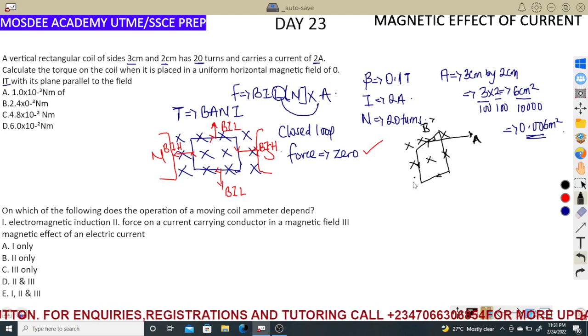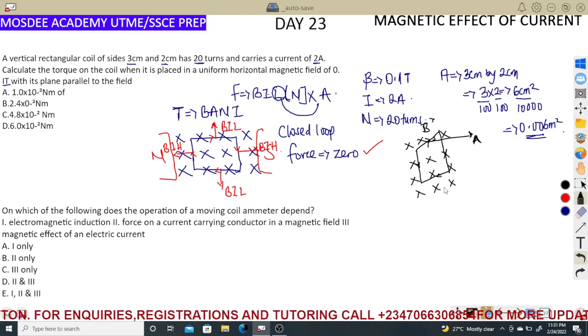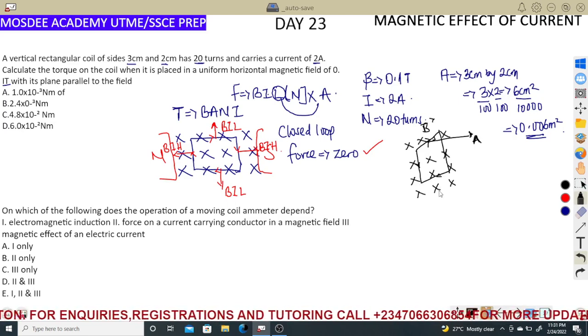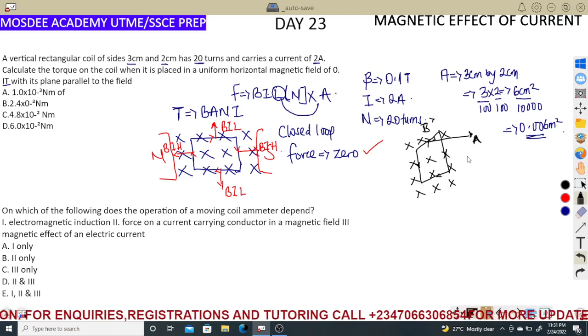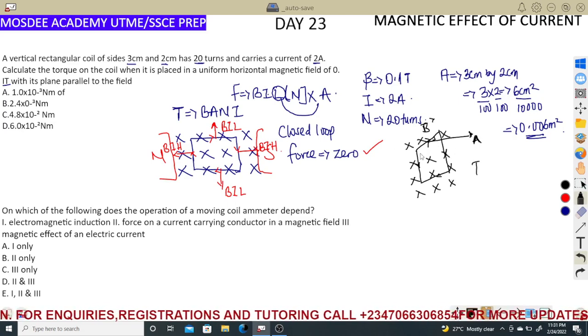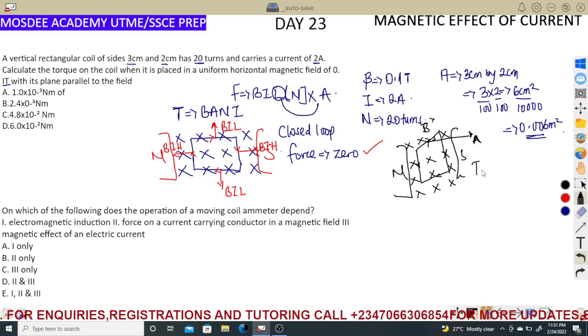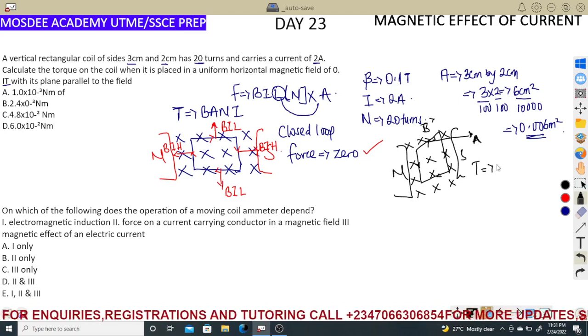But look at this orientation now. It's different from that. Then there will be a kind of torque, a rotational force, that is moving with respect to this area. So we now define the torque, that is moving in this type of orientation. We have north and south magnet every time. Torque is a vector quantity. It's now given as BANI,